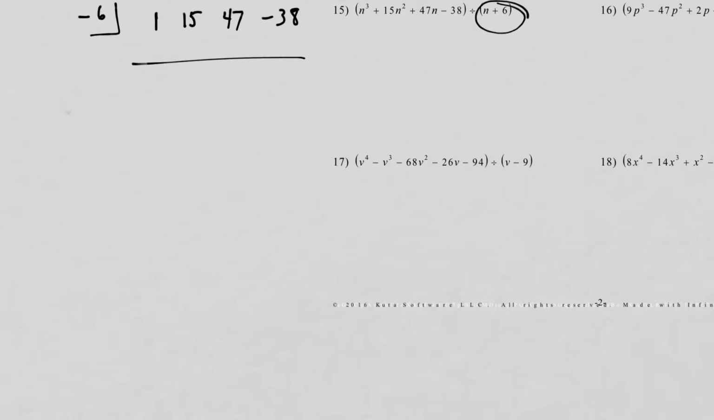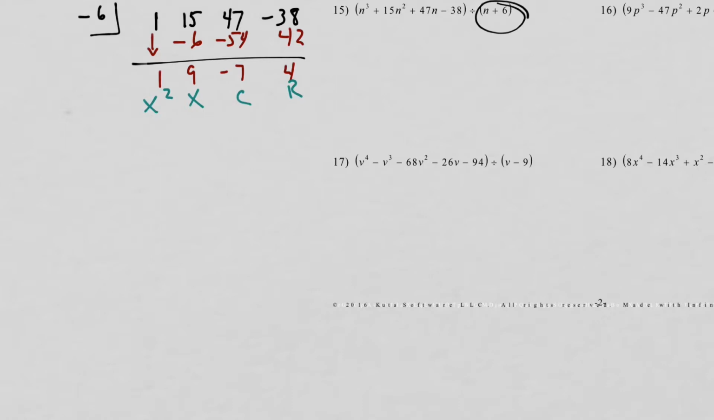And then now we start that process. This one comes straight down. That's a 1 times -6 is -6. We add, we're going to get 9. Multiply is -54. Add is -7. Multiply is 42. And our answer at the end is a 4. So in this case, our remainder is 4. And then this is the constant. This is x, and this is x squared. So the final